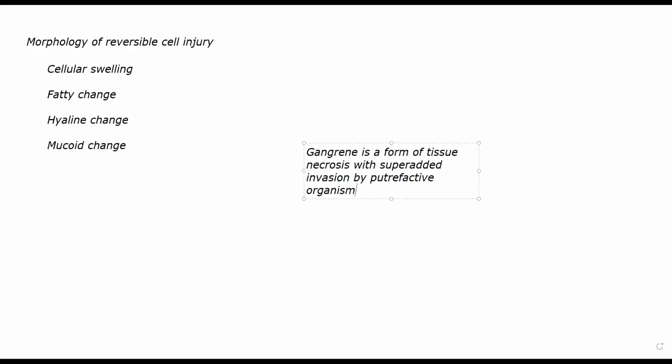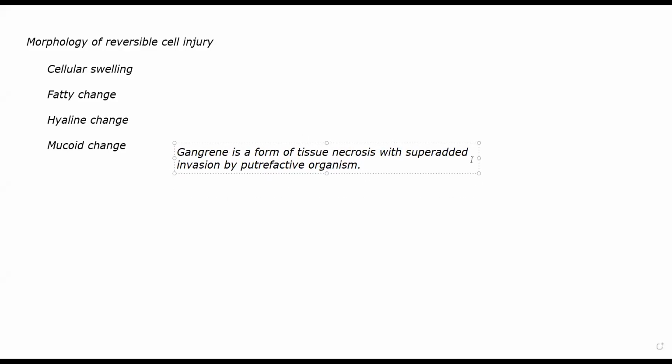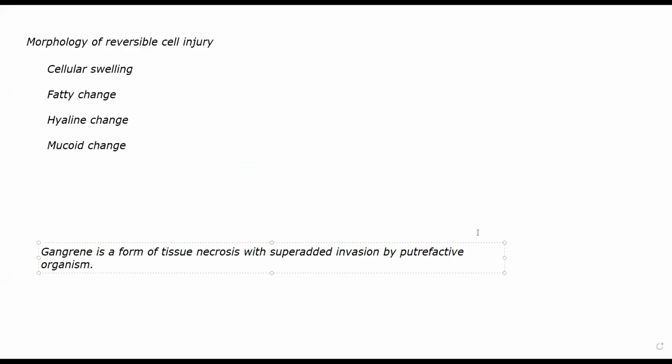Now, the most common type of organism that will cause gangrene is Clostridium perfringens. Okay, more often than not, it is the bacteria that will invade any necrotic space. Now, necrotic space, you have to remember, does not have any oxygen because the cell has died. Essentially, what happens when a cell dies? If there is ischemia, hypoxia, whatever the cause of injury is, leading to irreversible injury and finally to necrosis, you have to bear in mind that blood supply to that particular tissue more often than not is cut off, meaning that cell and that tissue is not receiving any oxygen. So any bacteria or any organism that will invade that area almost always are anaerobic.